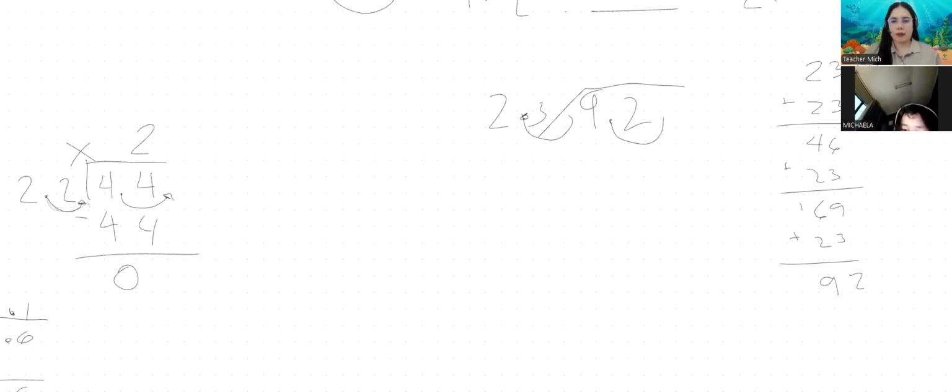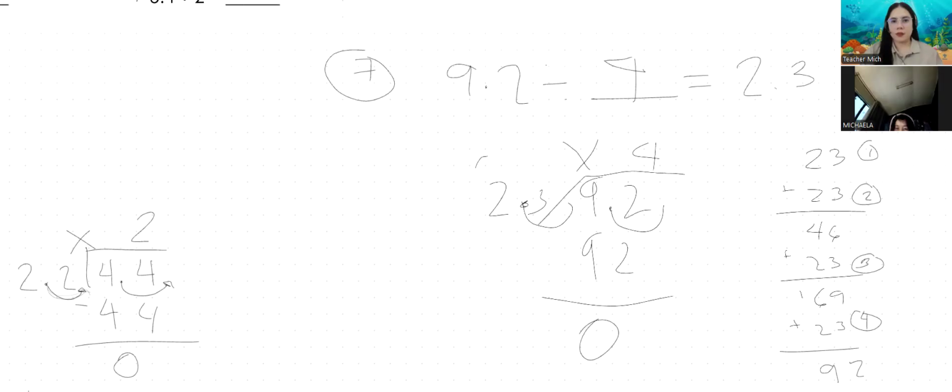Can you please write 4? Then multiply them. 4 times 3. Okay, very good. So our answer is 4. Can you please write 4? Okay, oops. Okay, how about number 8?